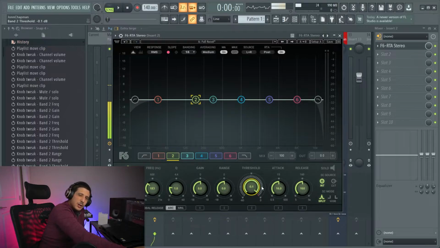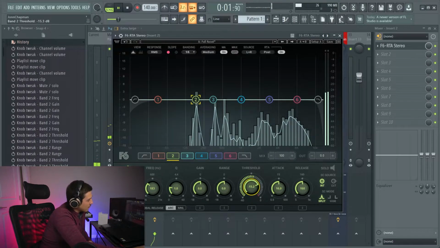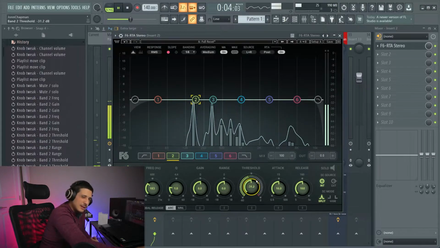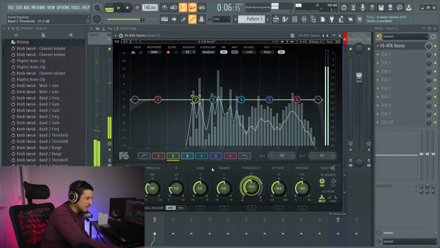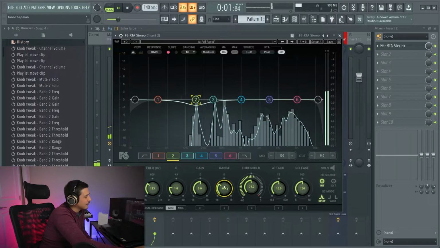So if we drop the threshold and play this, and then change the range down,